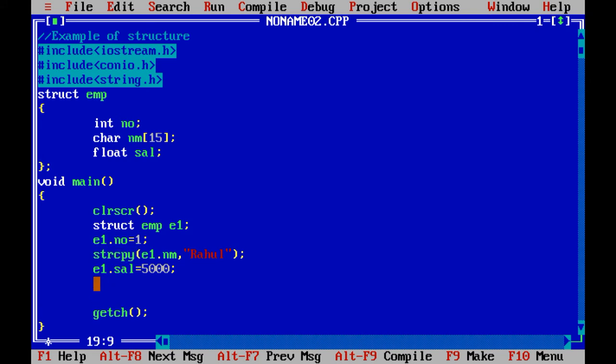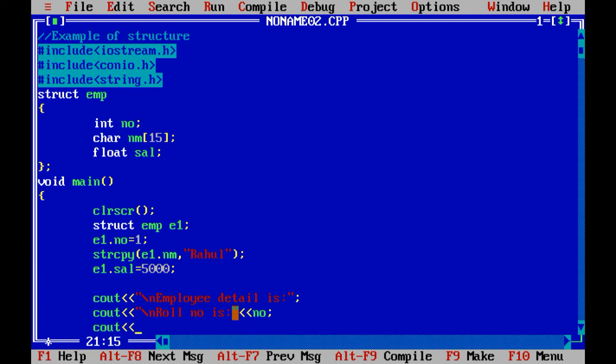Now whatever lines we have written in our previous programs, you can copy over here. Employee detail is, cout, \n, roll number is, RNO, not RNO, we have taken NO because we have taken the structure employee.